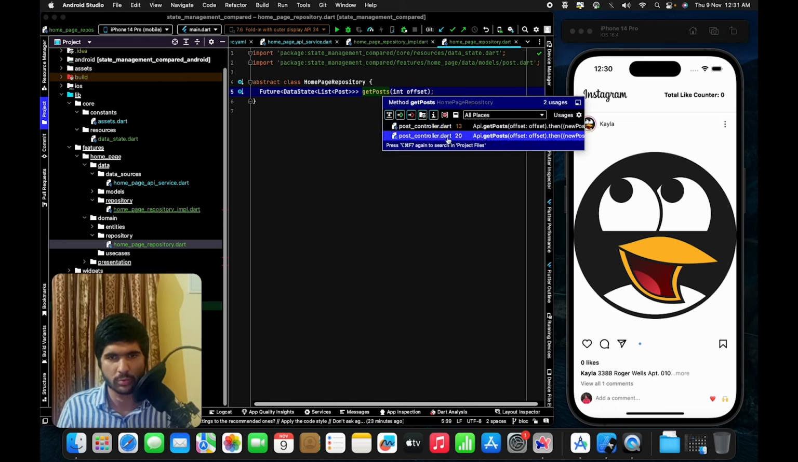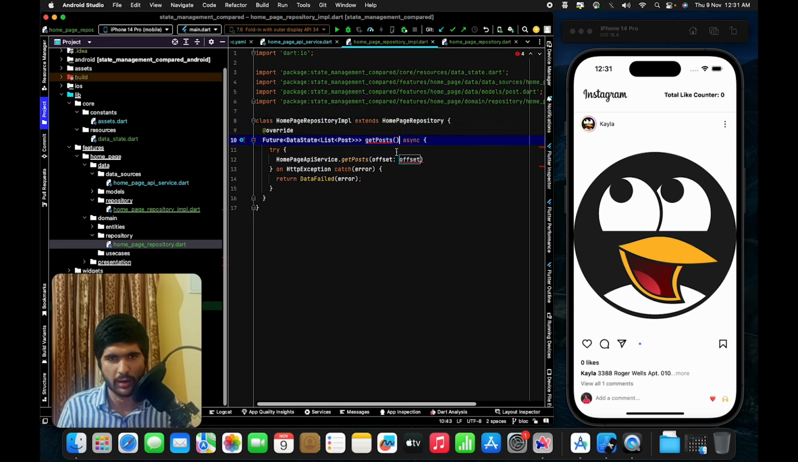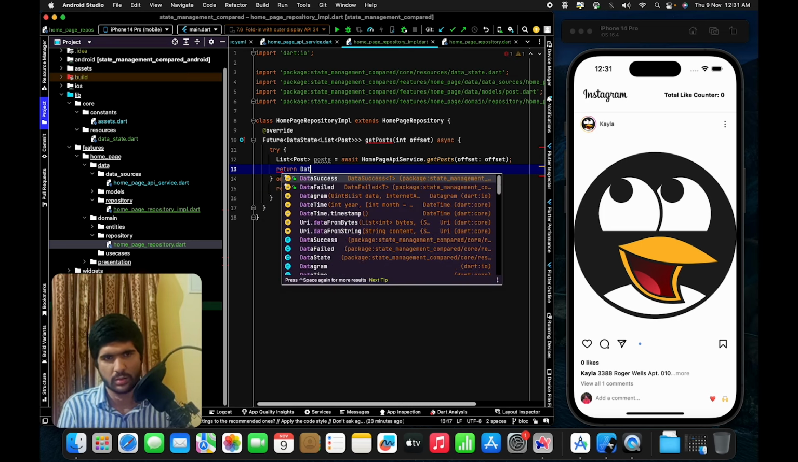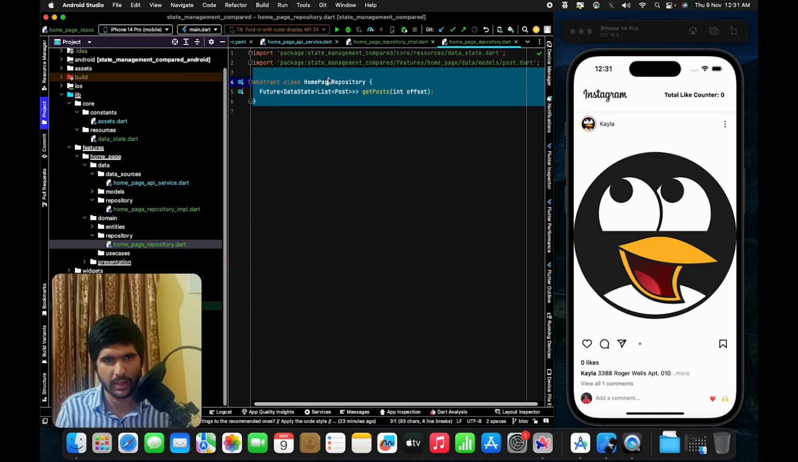So now let's go back to getPosts, and here we'll be getting int offset as well. And now I can use that. Let's call await, and we'll be getting posts right here. Now I can return DataSuccess posts. So now what will happen is our repository that we have made, I need to connect that